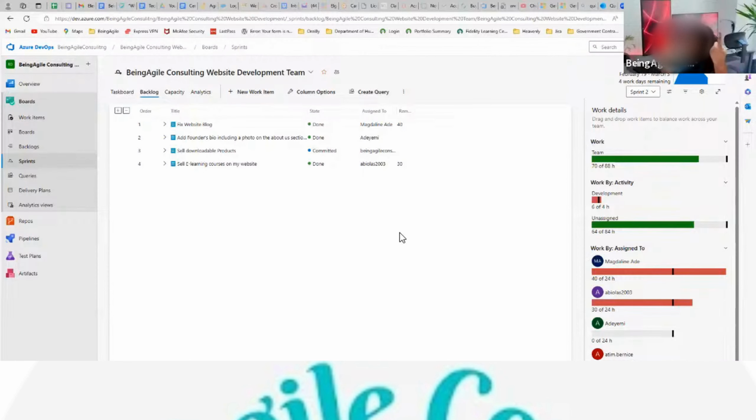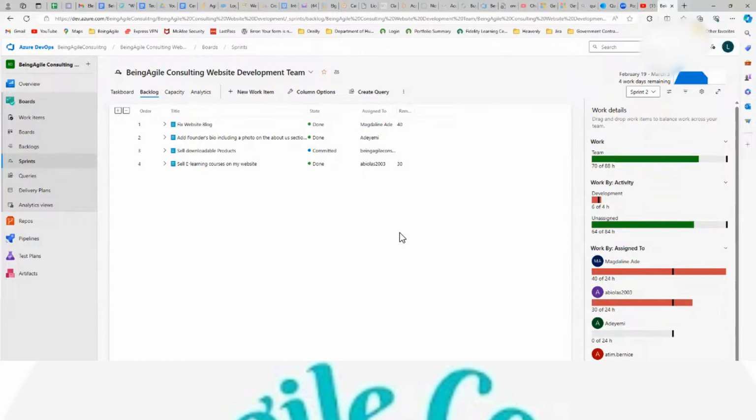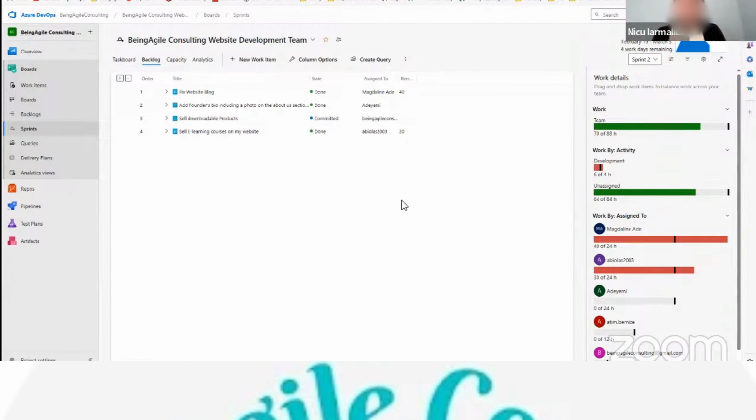I'm seeing Nico's hand is still going up. I'm not sure why it's going. I just wanted to ask, really quick, in the metrics, it said we have the sprint burn down chart or the velocity. We have the backlog health. What unit of measurements do we use to measure backlog